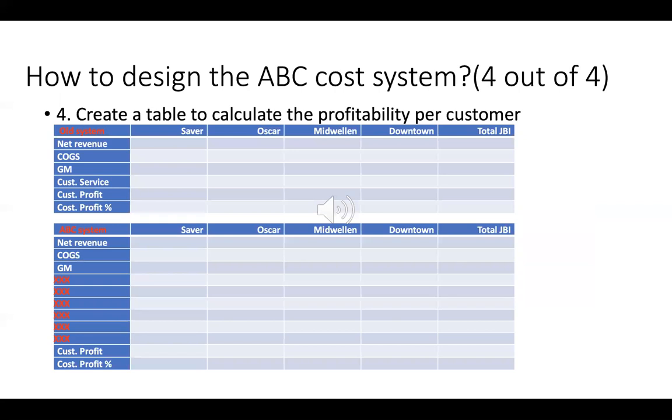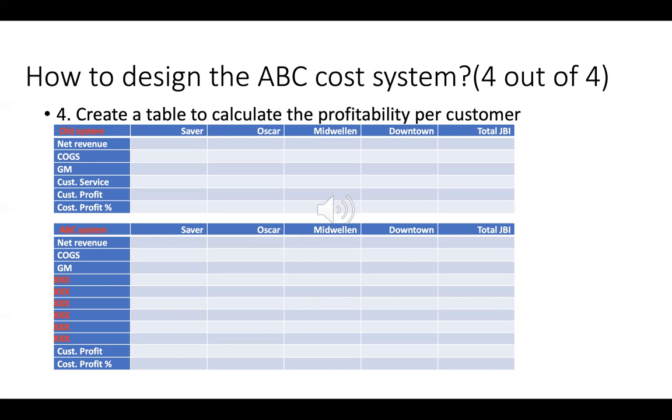The last one, after you have the cost allocated, you want to create the income statement. You want to do this for each customer and then for Johnson Beverage as a whole. Just remember here, the cost that we allocated is actually the customer service related cost. So cost of goods sold is still the same, okay? You just allocate the customer service cost. You want to calculate the profit, and you also calculate the profit margin. Basically here it shows up as a profit percentage. To calculate this, you take the profit divided by the revenue.